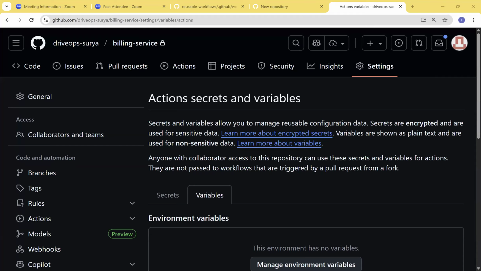So for the past few minutes, we discussed how you can create a reusable workflow that is maintained by the DevOps engineers, how you can create tags, and also how you can define the input parameters. All these topics we discussed, and the other thing that I want to discuss is